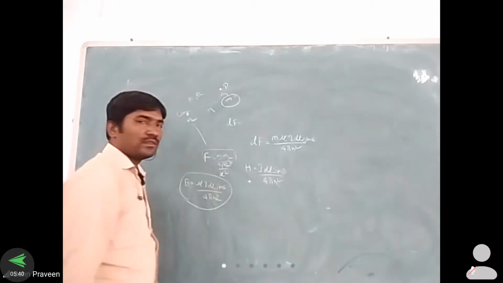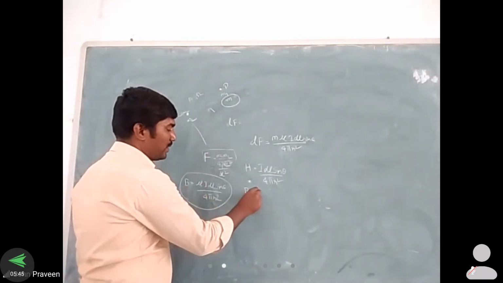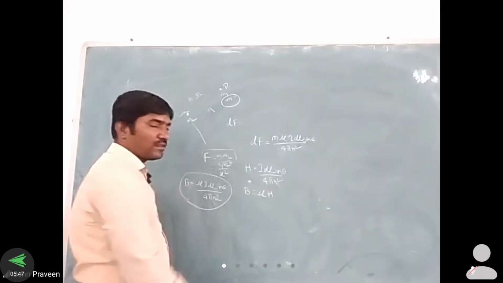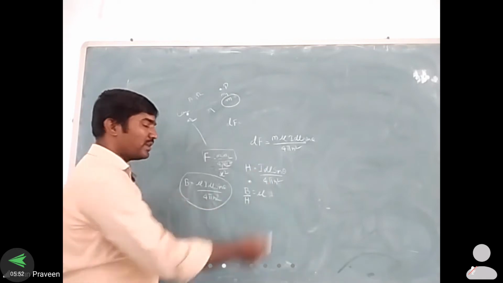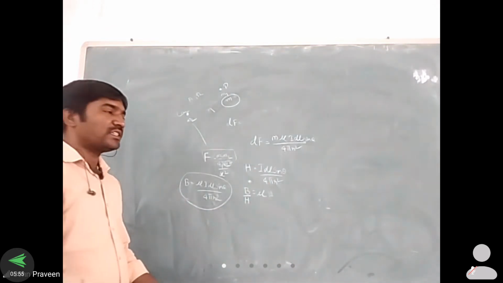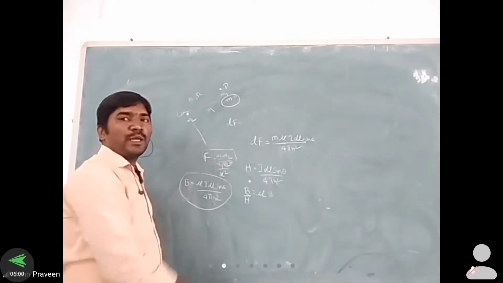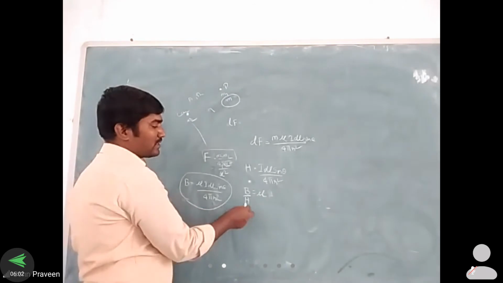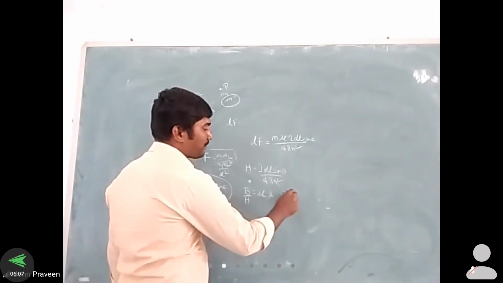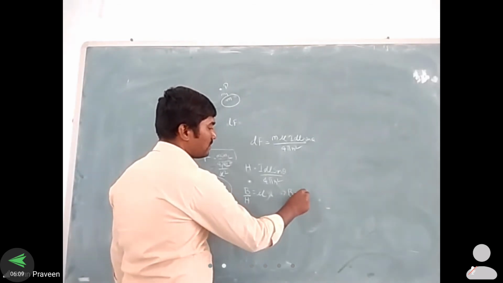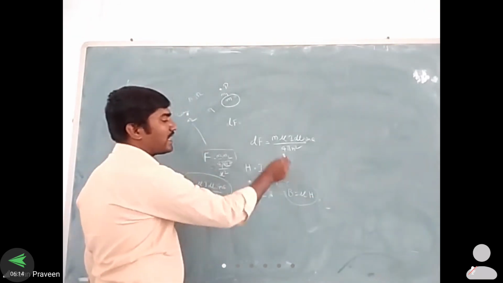Okay sir. This is the H value. But what is our equation? We know the basic thing: B is equal to mu into H. Are you good? B by H is equal to mu is the equation we will find in the relationship between flux density, field strength and permeability. From this equation we took this. H we move to the RHS side. So we get B is equal to mu into H. So this is the actual field strength in the conductor.